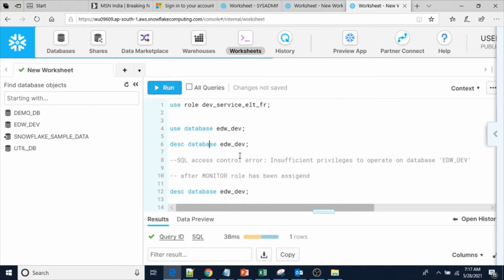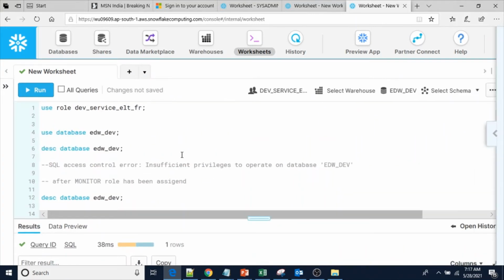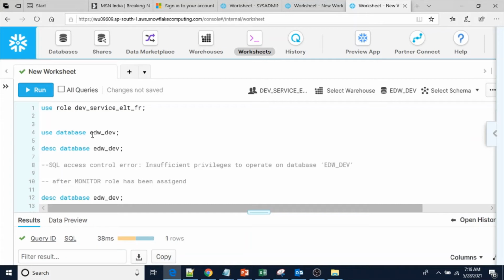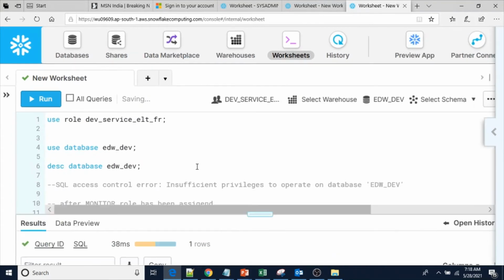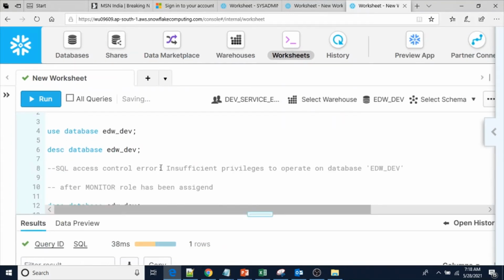Now let me describe database edw_dev. Now let me zoom so that you can see. So describe database name.